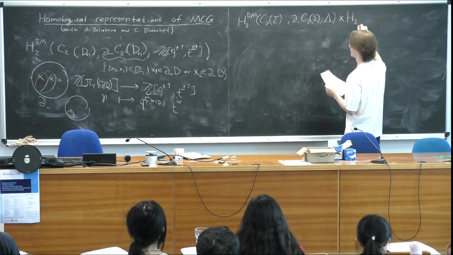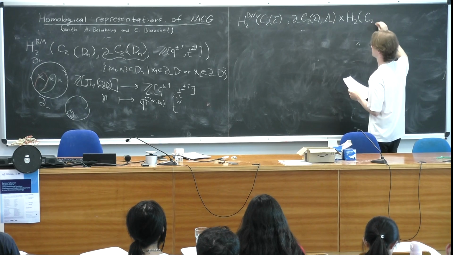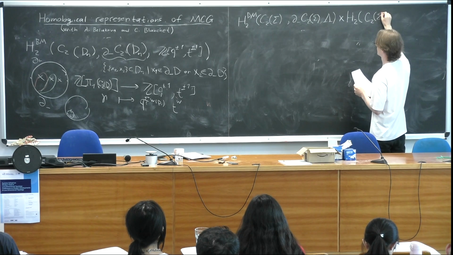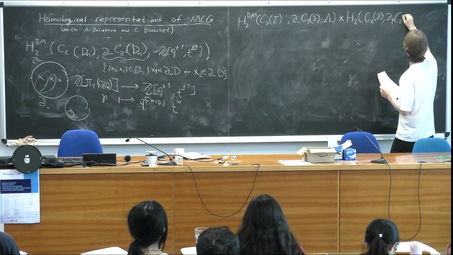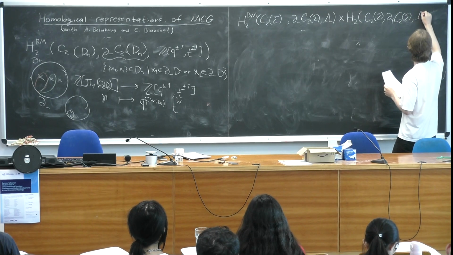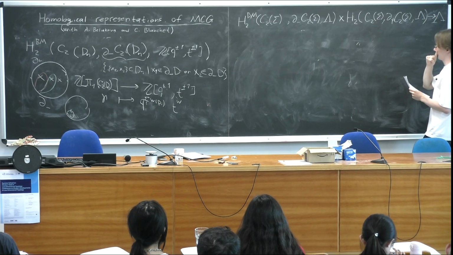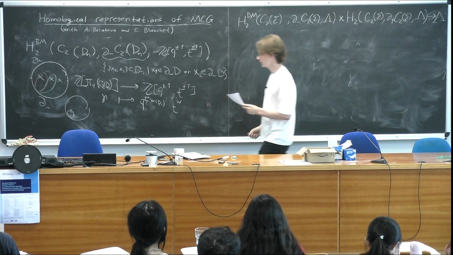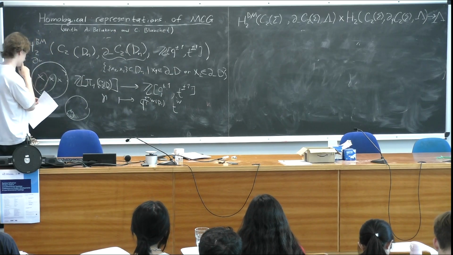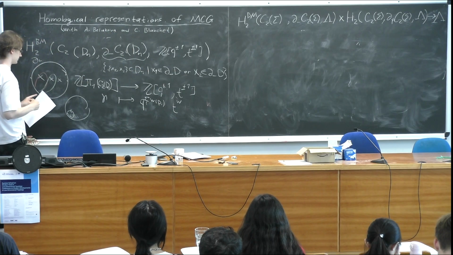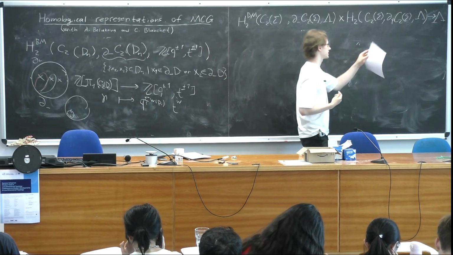You can take the usual homology, but relative to D plus. Using this pairing, I can associate to a pair of curves on my disk some element of this local system